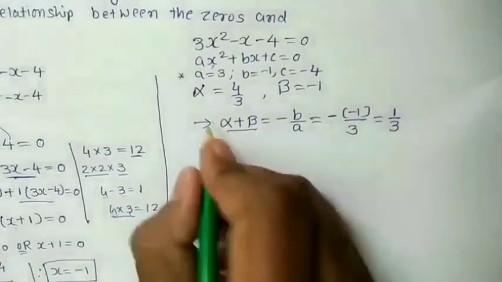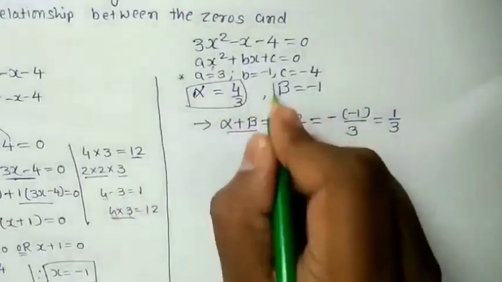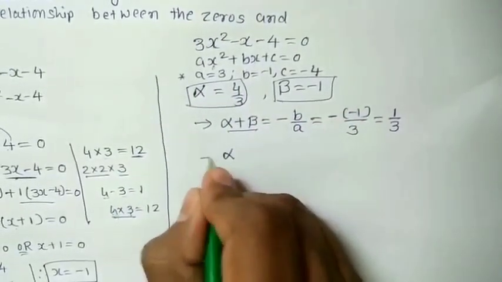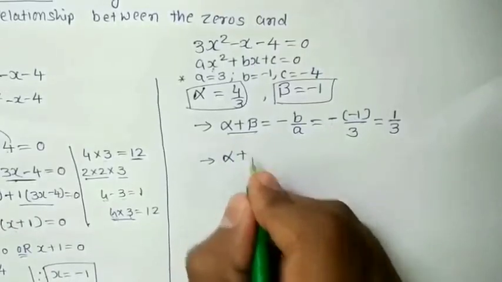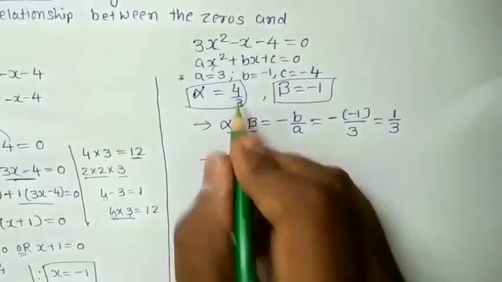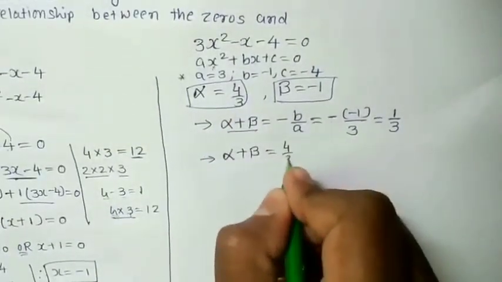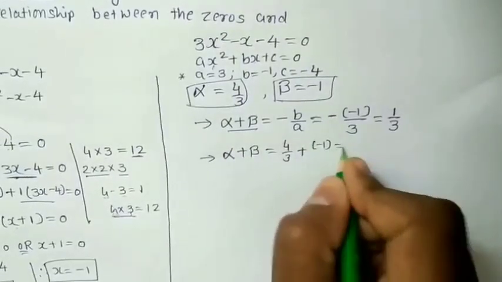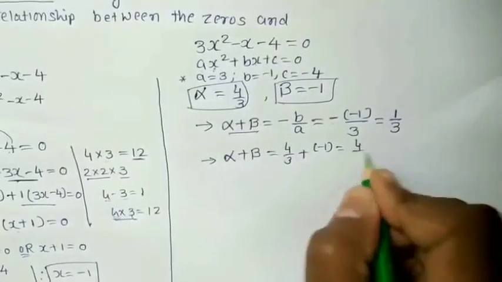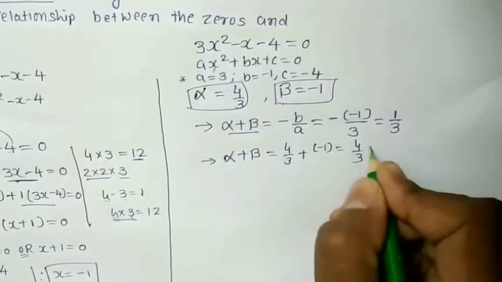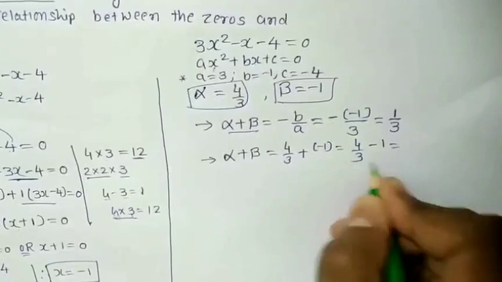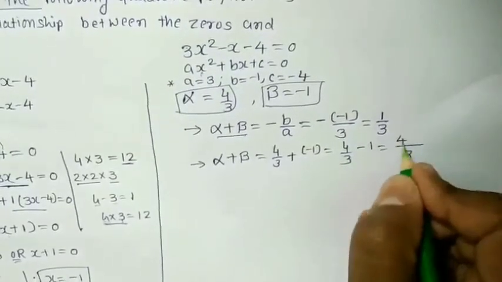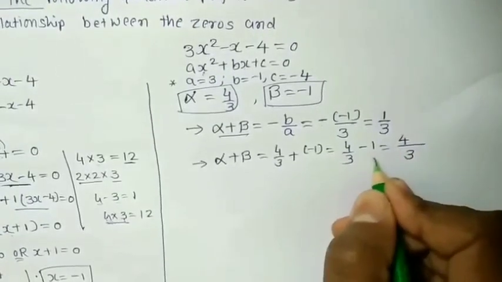We'll do the same thing. Here we have both the zeros, so we can directly do it. The straight method we will follow. Alpha plus beta. What is the value of alpha? That is 4 by 3, plus what is the value of beta? That is minus 1. Let us try to do that. 4 by 3, minus into plus is minus 1. Now we should take the LCM. LCM is 3. So here it will be 4. Here in the denominator nothing is there.